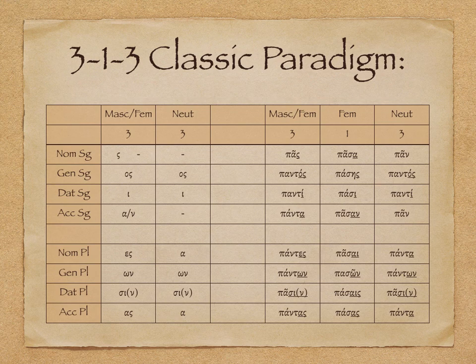The pos ending in the nominative singular is so because what is the ending of the nominative singular? Well, it's sigma, but if you have pont sigma, that sigma is strong. It knocks out the tau and it knocks out the nu. Pos becomes the ending. Pont is the stem